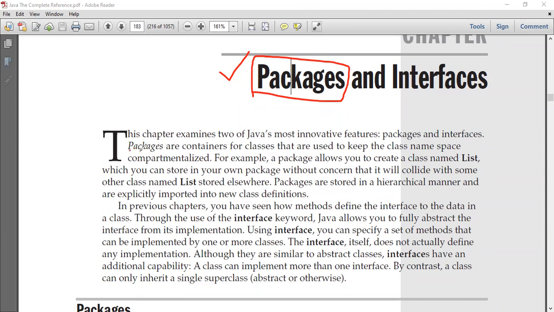This says that packages are containers for classes that are used to keep the class namespace compartmentalized. So what it means, let us discuss. This is the definition of your package. I repeat, packages are containers for classes that are used to keep the class namespace compartmentalized. So what does it mean? Before going to that, in C++,